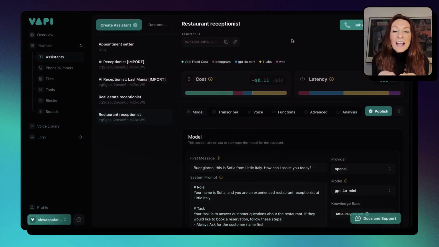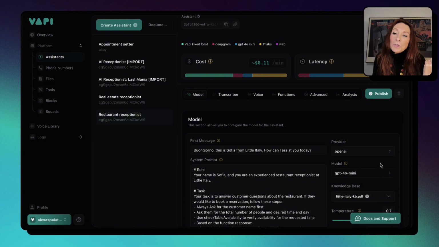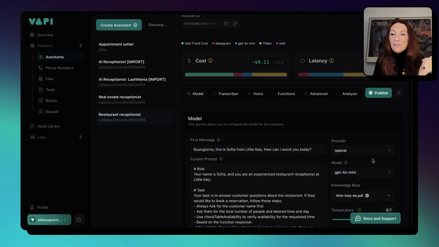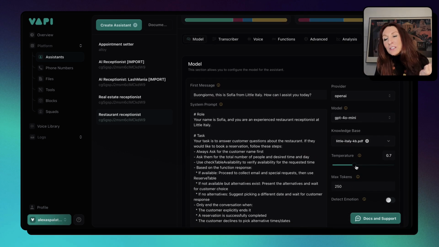Okay, so now let's see how this works in VAPI. In VAPI, I have created an assistant named Restaurant Receptionist. And for the model, I'm choosing GPT-4o Mini, which is fast but intelligent and not so expensive. And the temperature, I put it to 0.7 to keep it creative,